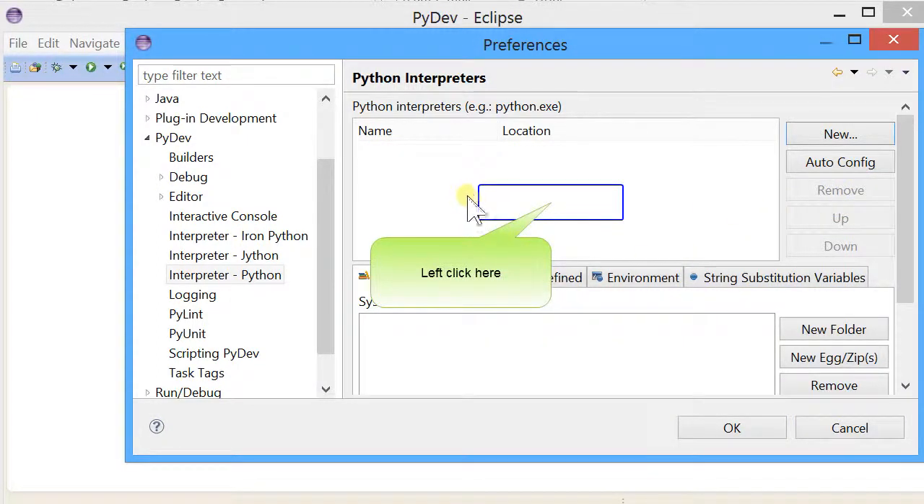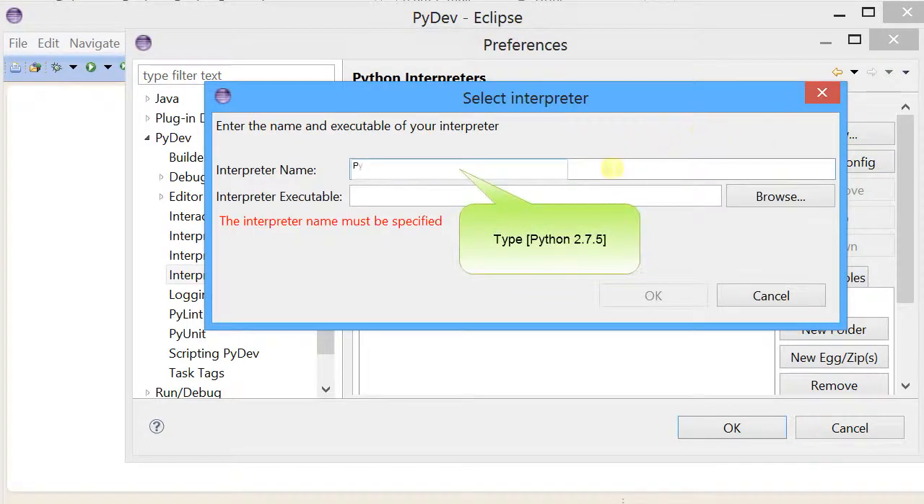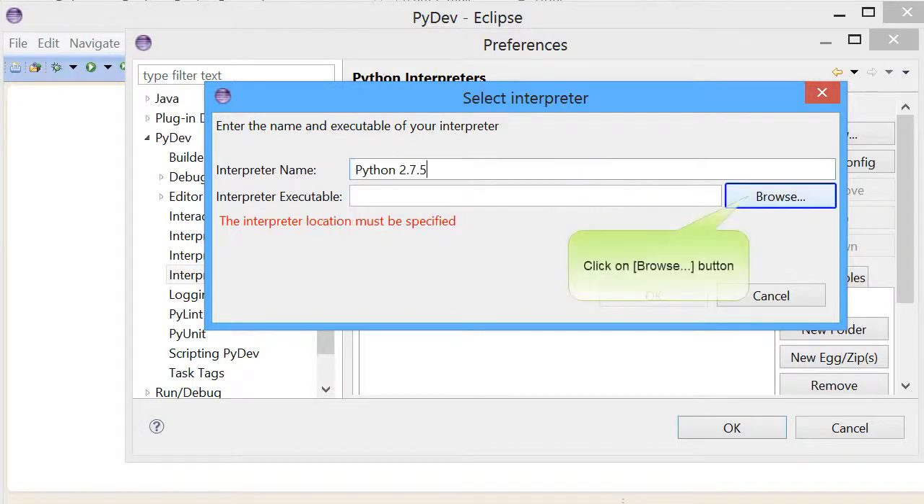I'm going to go ahead and remove it. You won't need to do that because yours will probably be blank. We just need to install a Python interpreter, so we're going to say New, and then you want to say Python under interpreter name, Python 2.7.5, and then the interpreter executable, go to Browse,